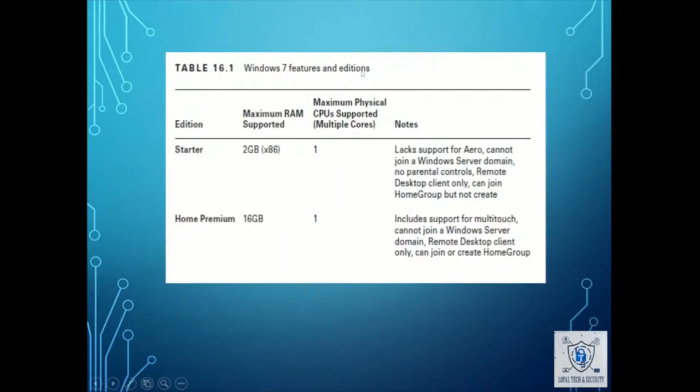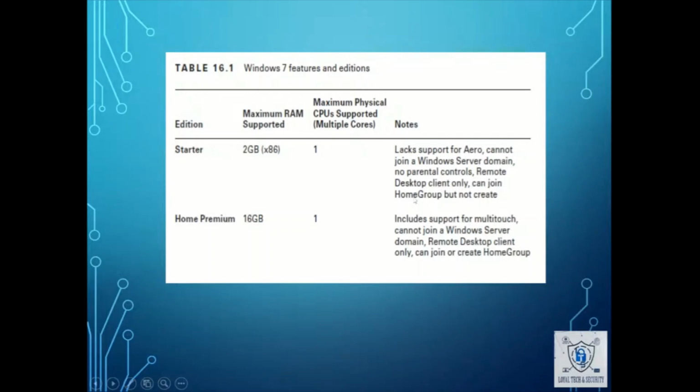Windows 7 features and additions. जो स्टार्टर वर्जन है Windows 7 का, उसके अंदर द मैक्सिमम रैम जो सपोर्टेड है इज ओनली 2 GB with 1 CPU. Lacks support of Aero, cannot join a Windows Server domain, no parental control, remote desktop client only, can join home group but not create. तो आप देख सकते हैं इसमें काफ़ी लिमिटेड ऑप्शंस है. विंडोज सर्वर के डोमेन को वो ज्वाइन नहीं कर सकता है, कोई पेरेंटल कंट्रोल के ऑप्शंस नहीं है उसमें. वो रिमोट डेस्कटॉप क्लाइंट है, रिमोट डेस्कटॉप होस्ट या सर्वर नहीं बन सकता वो, और वो खाली